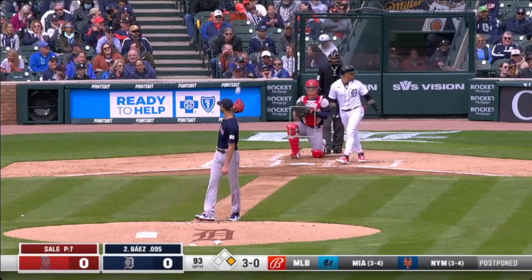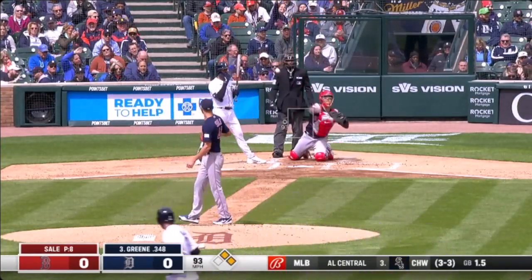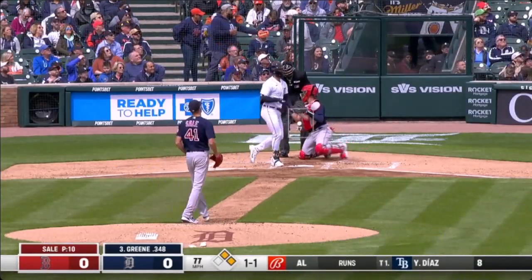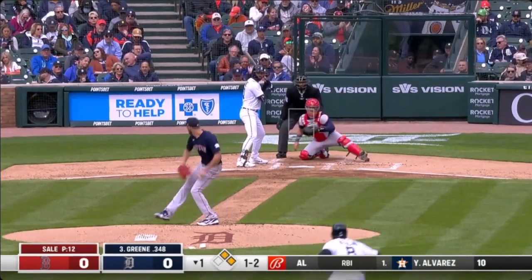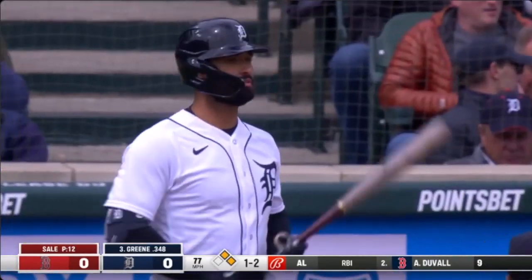Another walk. And just trying to get a W. There's the first strike. Look right down the middle. Foul back to make it 1-2 to Green. Make sure you don't make a double out. But at the same time, you're